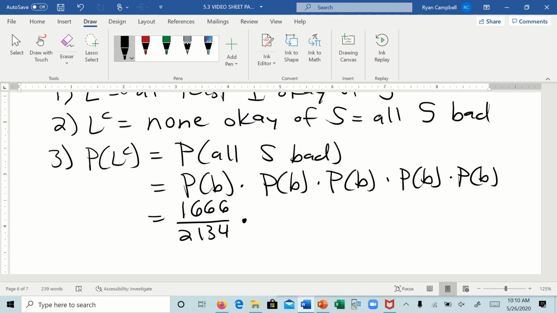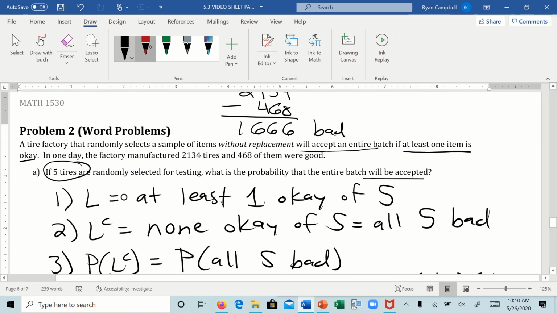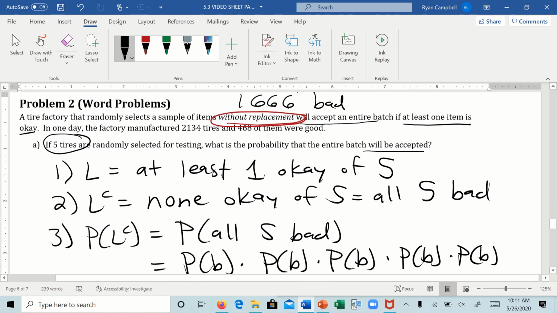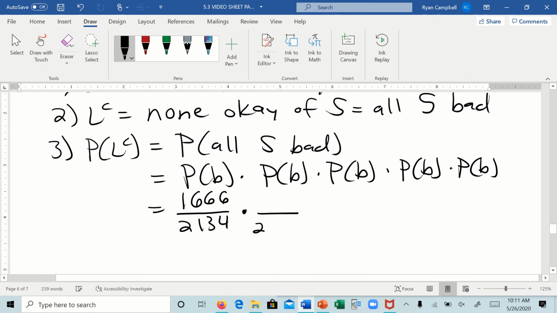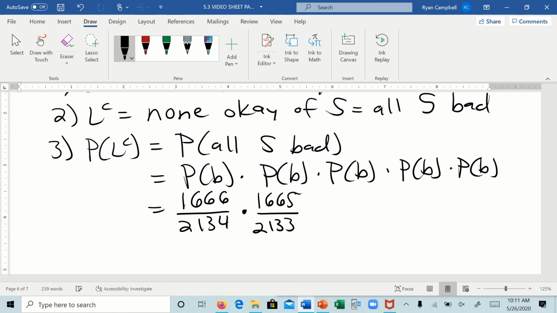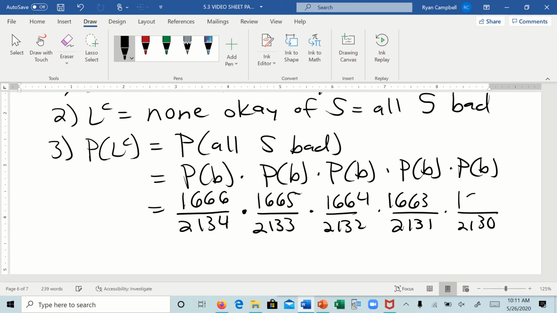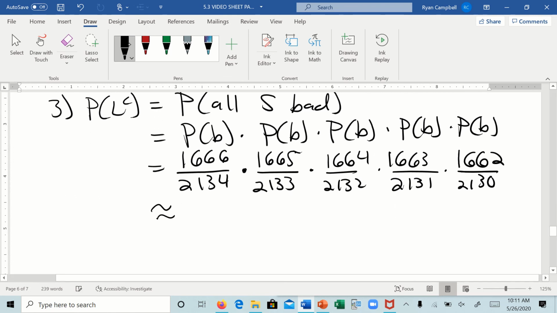Then you get the second one. Now notice, it says it's without replacement. That's very different than if it said with replacement. So since we took a bad one out, we're keeping the bad one out. So we have one less tire. And since the first one was bad, we have one less bad tire. And keep going. One less tire, one less bad tire. One less tire, one less bad tire. One less tire, one less bad tire. Good. And we multiply all that out, we get about